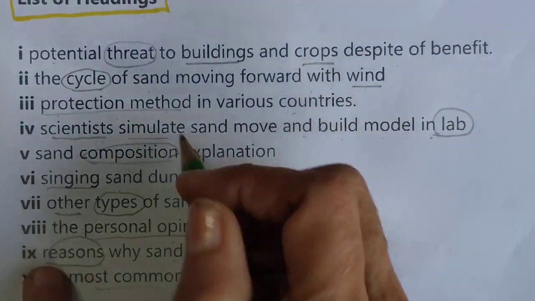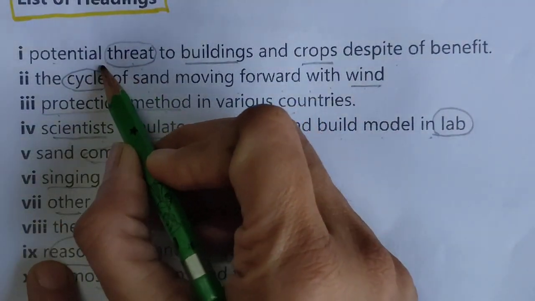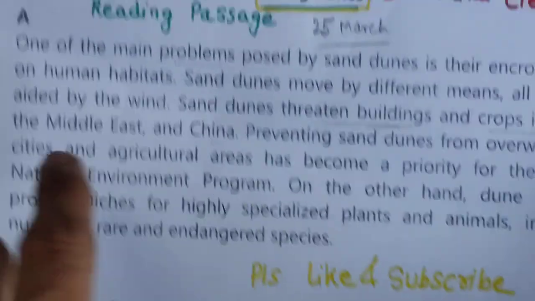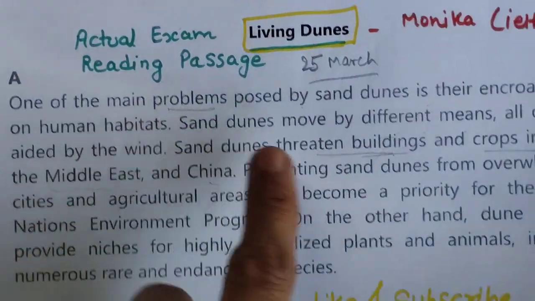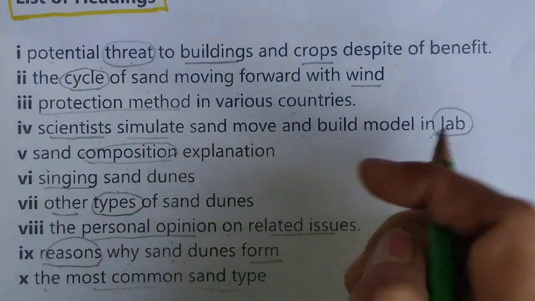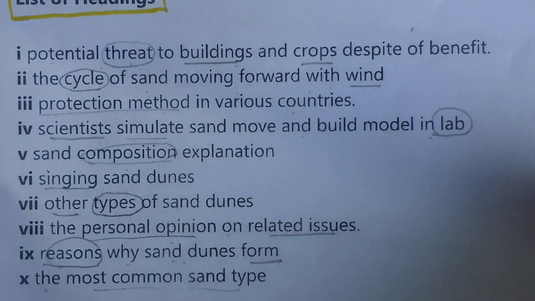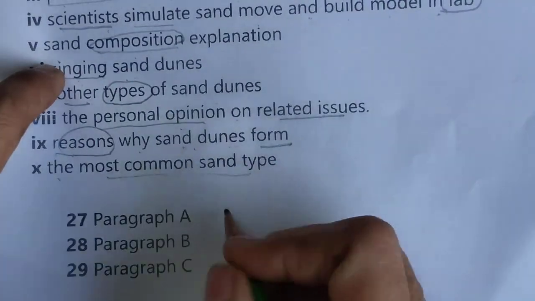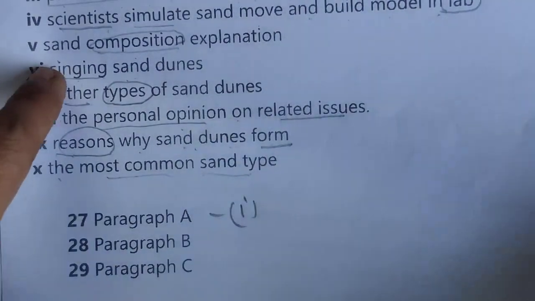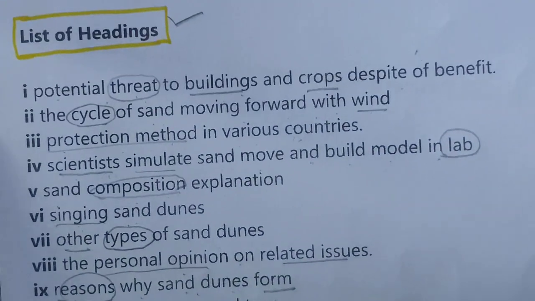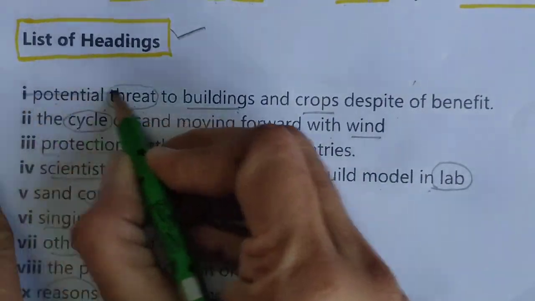Let's read it. So here, this problem they were talking about, the main problem, and buildings and crops also. So we will select this heading for paragraph A. Instead of writing here, we will write the first point. Now we have done this heading, we will cut it from our list of options. Okay, now coming to the